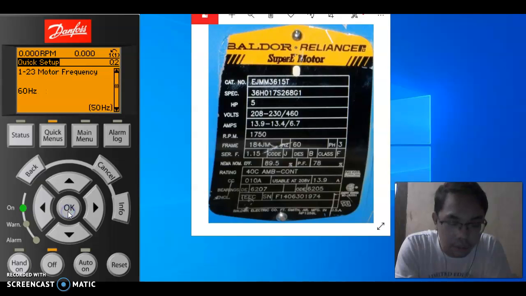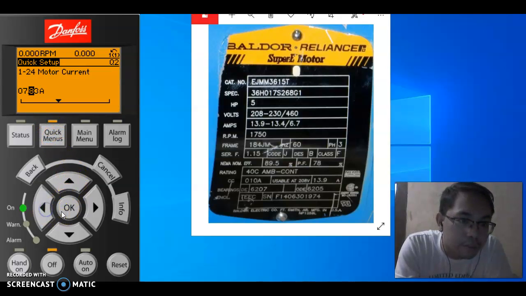Now next we go to motor current. Here, motor current. The motor current on my chosen template is 6.7 amperes and my service factor is 1.15. Now we multiply these two and we get 7.705. Now I'll just change this motor current to 7.705. So